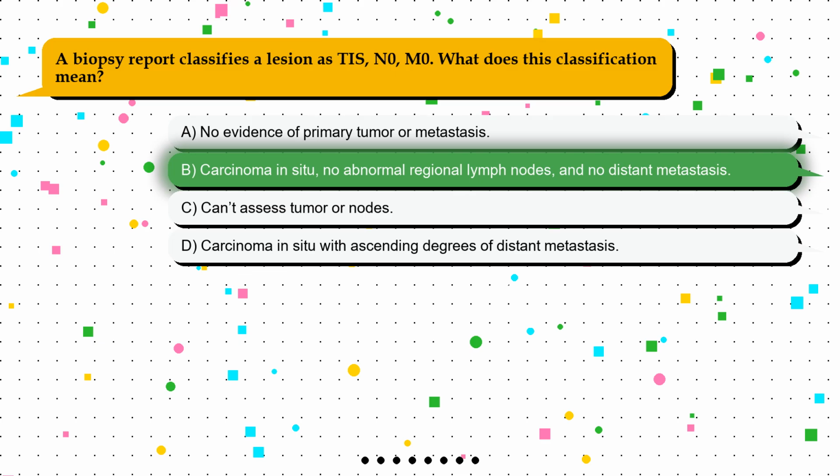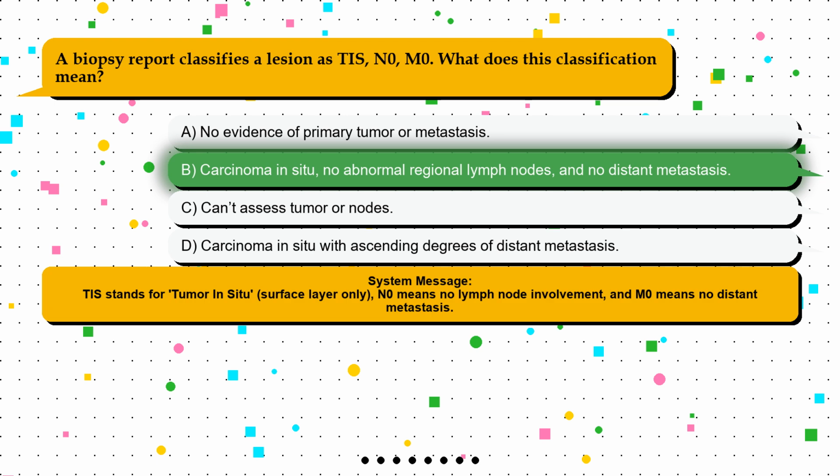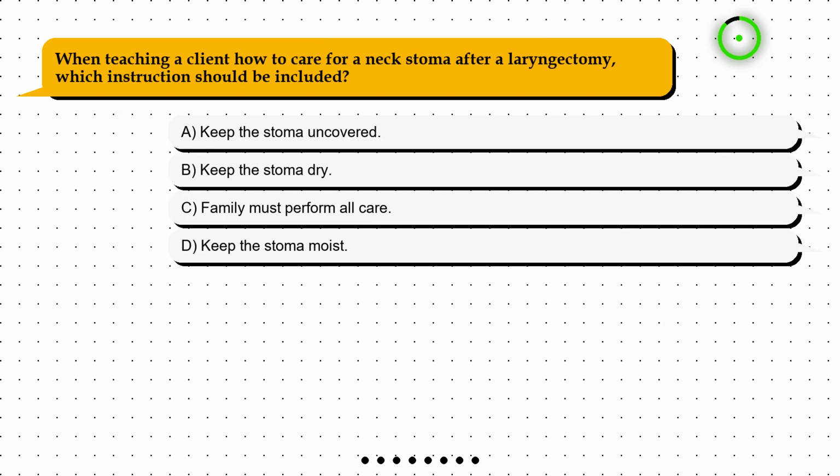The correct answer is option B, carcinoma in situ, no abnormal regional lymph nodes, and no distant metastasis. TIS stands for tumor in situ, surface layer only, N0 means no lymph node involvement, and M0 means no distant metastasis. Question 8. When teaching a client how to care for a neck stoma after a laryngectomy, which instruction should